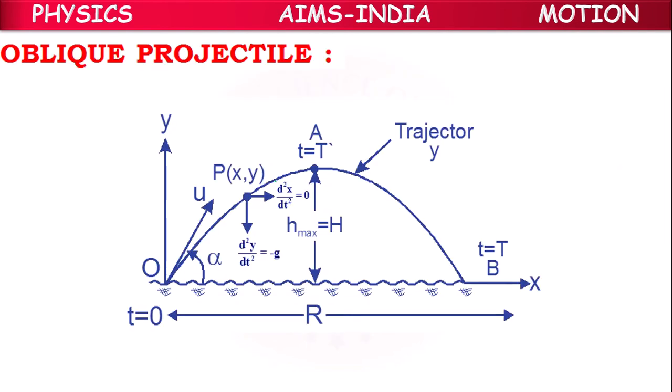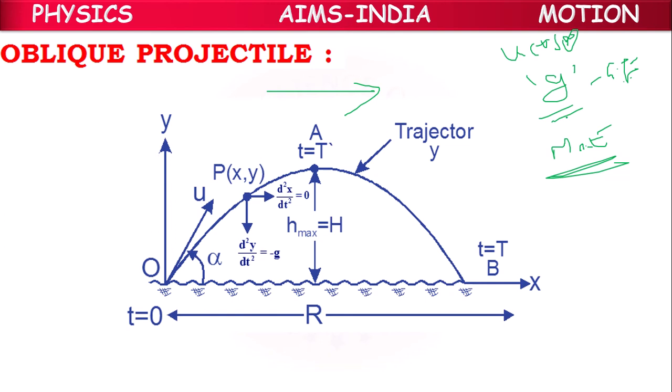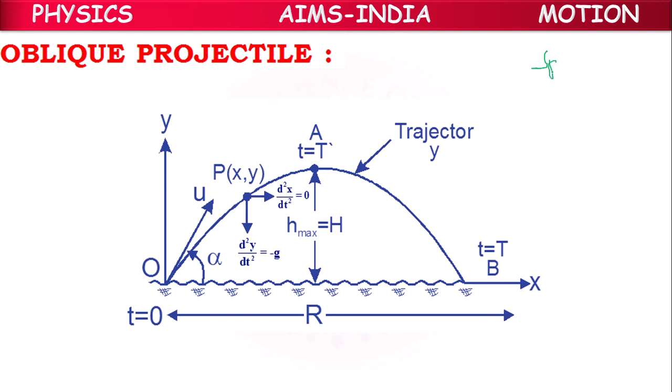So you might be getting questions, children: which of the following quantities change in oblique projectile motion, or which of the following are constant? At that time, we have to remember the constant things are the horizontal component of velocity, because in that direction no force is working; acceleration due to gravity, created by the gravitational force, which is always constant at a place; and mechanical energy, because energy is neither created nor destroyed. These three are constant.